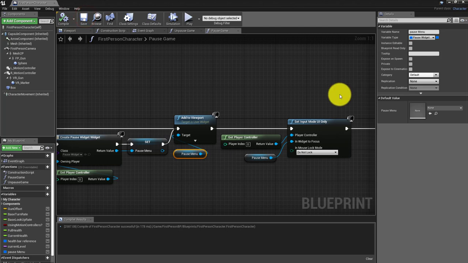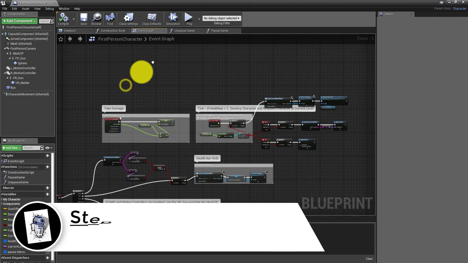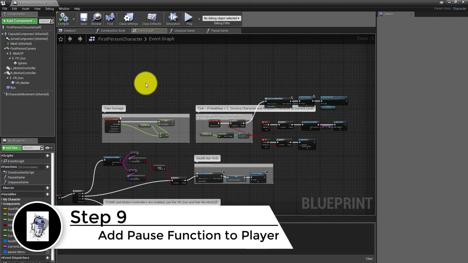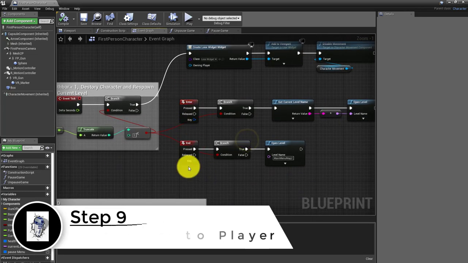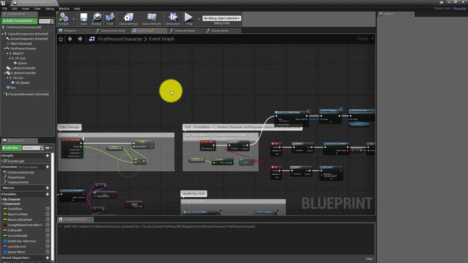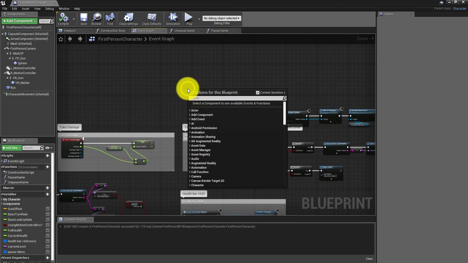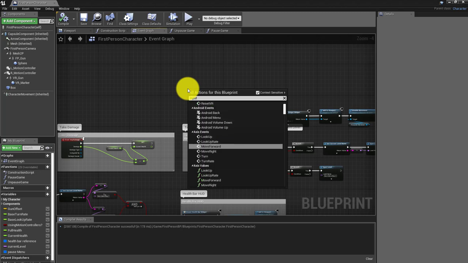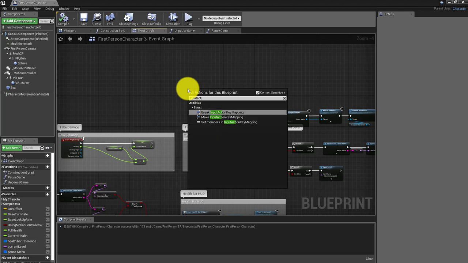The second thing is that we actually need to generate a paused event for the character. So still in the first person character, we're going to move over into the event graph. Okay, so this is where we set up everything earlier for how we're going to take damage and how we're going to get the enter and the end buttons to work. Over here somewhere, let's just add another one, and let's type in input action,